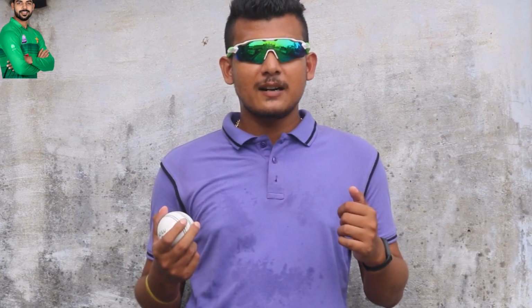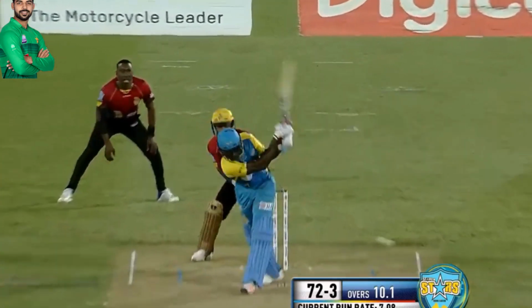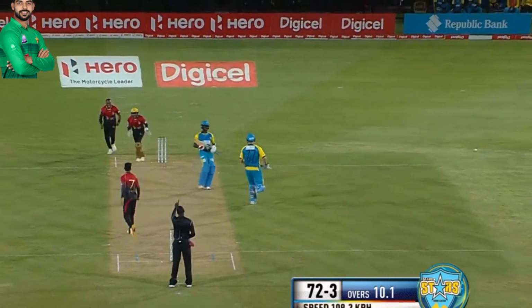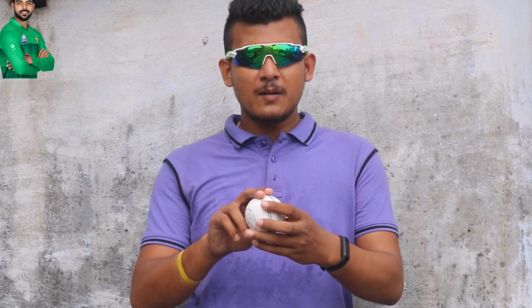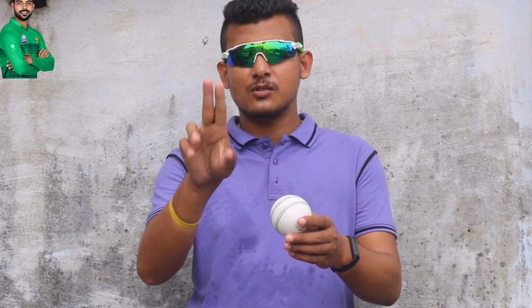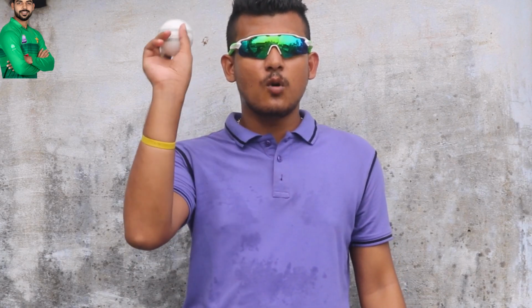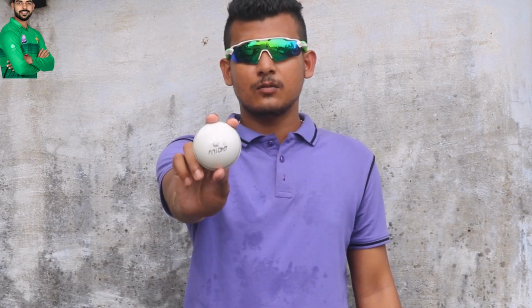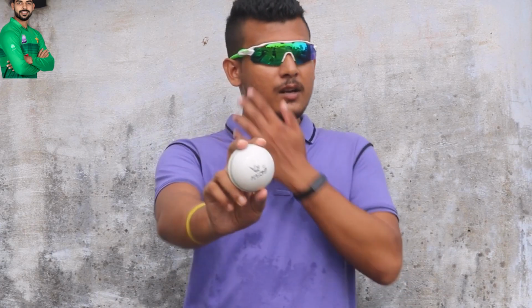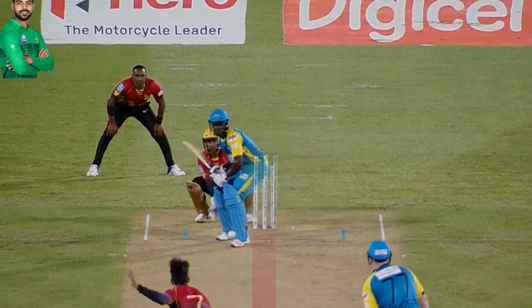The last delivery that I found Shadab Khan bowl is his faster delivery, the seam up delivery. I said seam up, but probably he gives the ball across cross seam, but the grip is seam up. These two fingers are involved for bowling this grip. What he does is bowl very quickly, fires this delivery, and normally it becomes a quicker delivery.